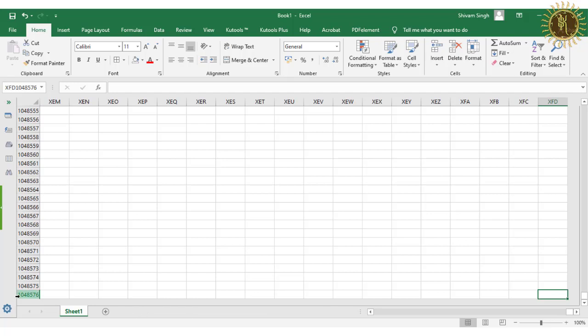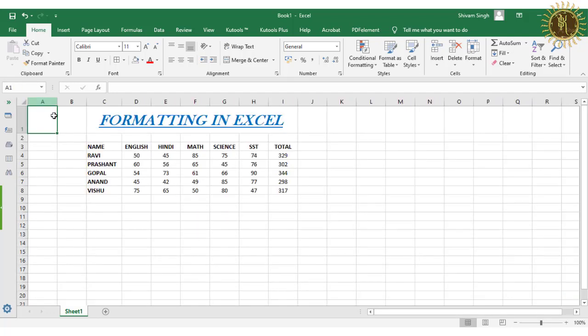Okay, you can see here 10,48,576 rows are there. Okay, and this is the last cell of this sheet. Okay, now move to the first cell, type A1, press the enter key, and we will move to the first cell.